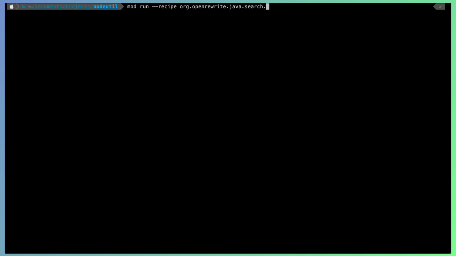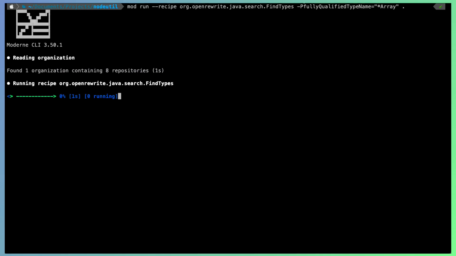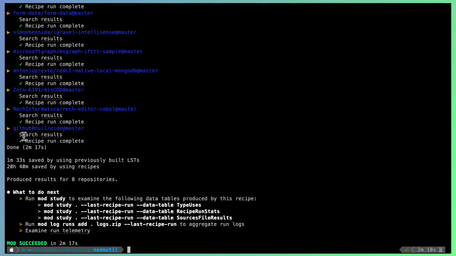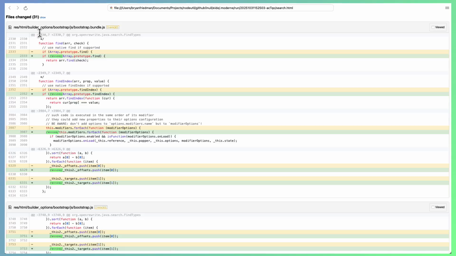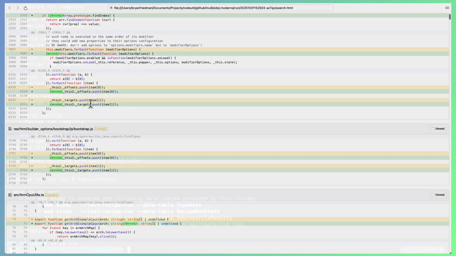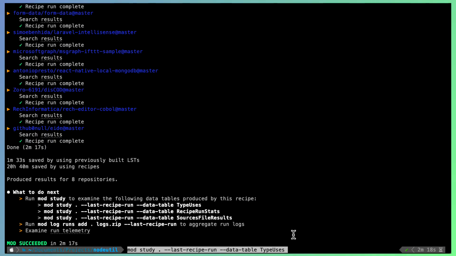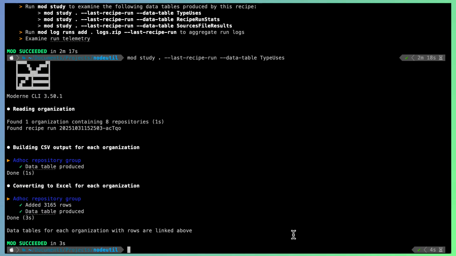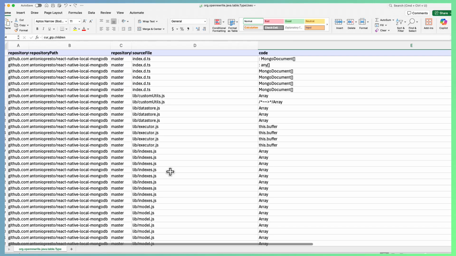For example, I can run the find types recipe to flag and get a data table of all types, or of a specific type. Let's look for all uses of the JavaScript array type. View the results in the code, or use mod study to see an aggregated data table that lists all array type uses by repository and source